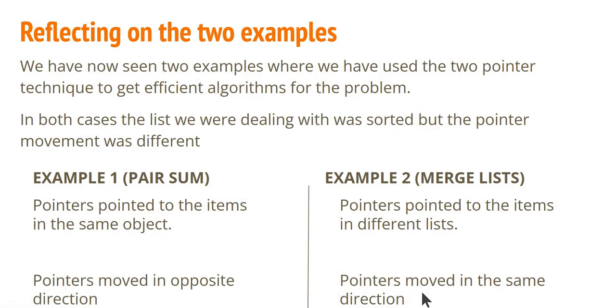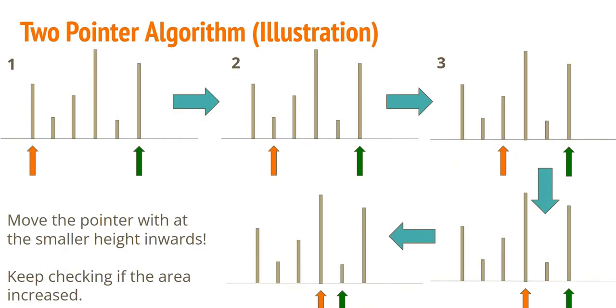And then we went ahead and looked at the problem where the list was not sorted. That was the carpet area problem. In this case, the pointers pointed to the same list. The pointers moved towards each other. The intent with which they moved was to maximize the area bounded by two lines. And the way we did it was to say that the pointer that's pointing to the shorter line